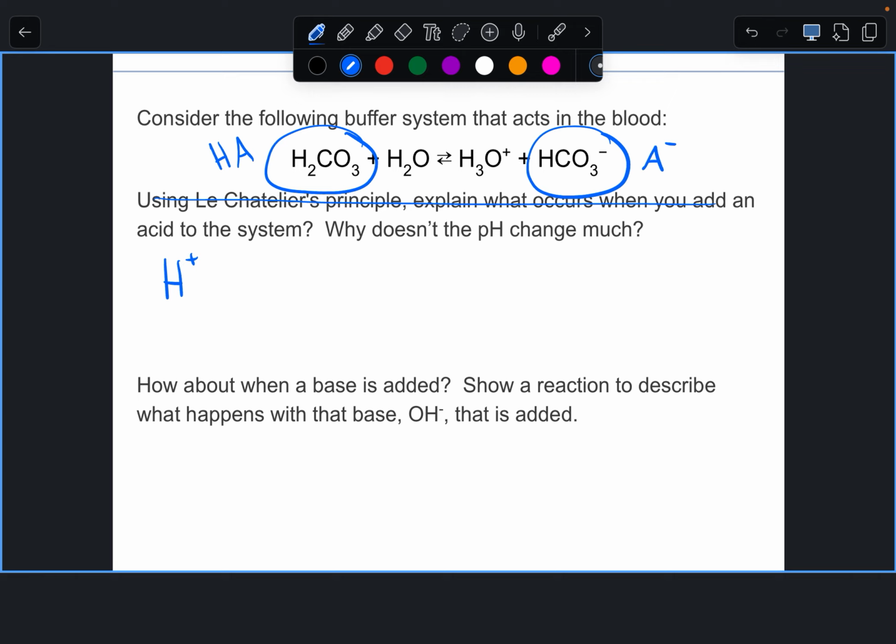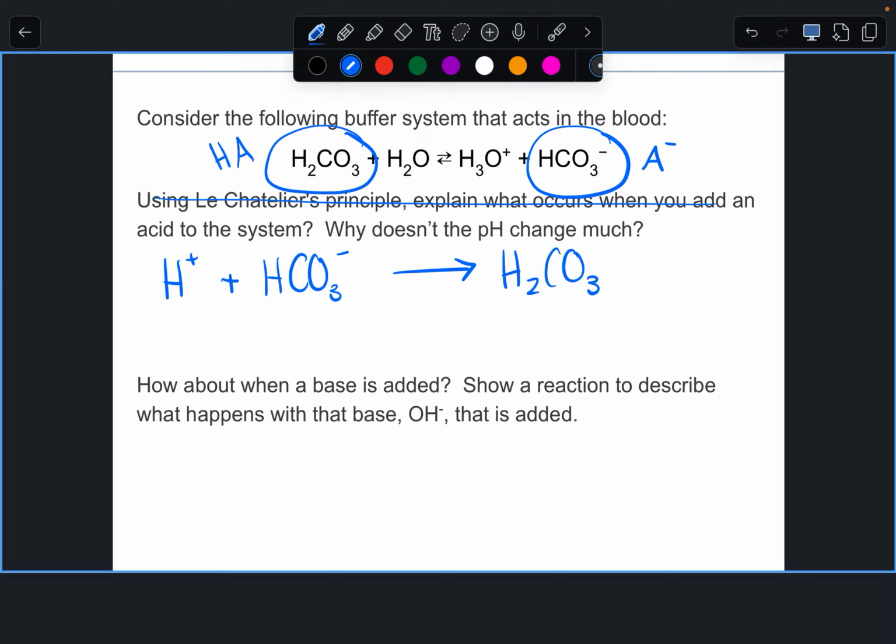So we know that when things react, they always react an acid with a base. So this H+ is going to react with the conjugate base here, HCO3 minus, okay? And what will happen is those will react, acid and base, and produce the original weak acid,